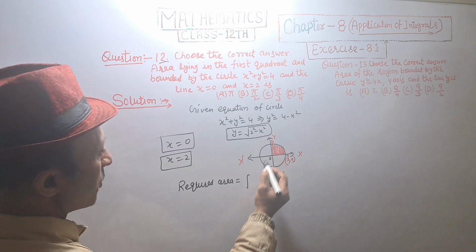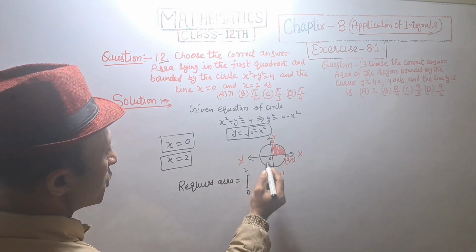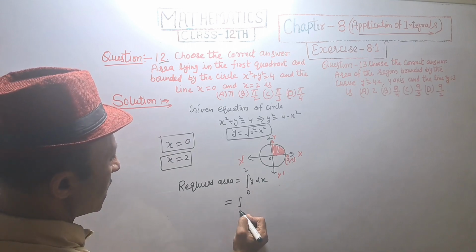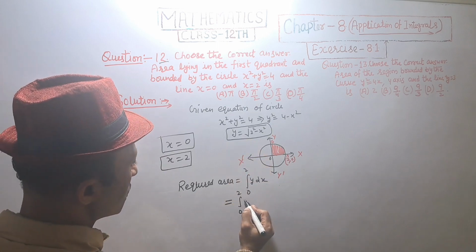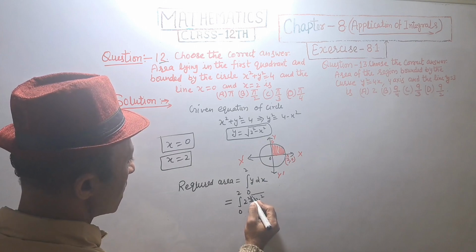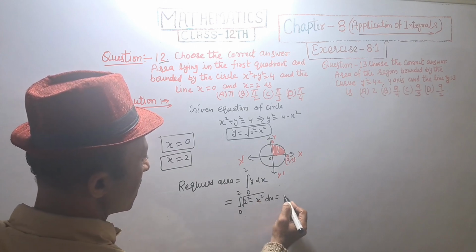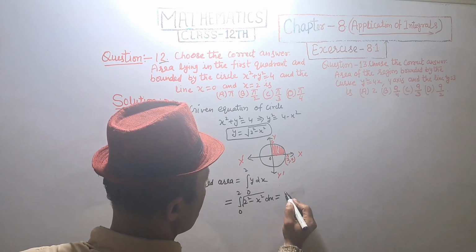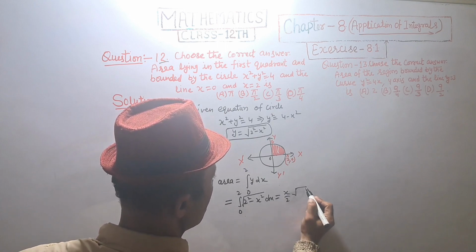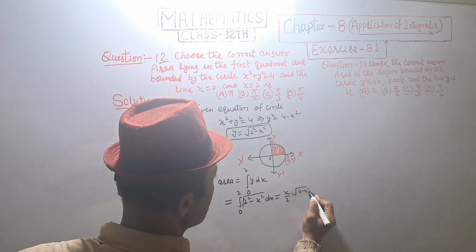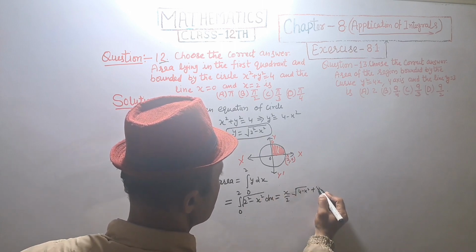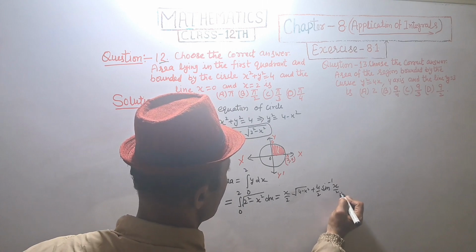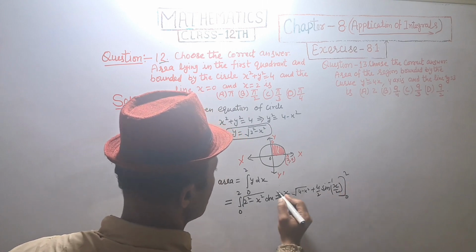is equal to integration of 0 to 2 y dx, that is equal to integration 0 to 2 under root 2 square minus x square dx, and we are using the formula a square minus x square dx is equal to x upon 2 under root a square minus x square plus a square, A square is 2 2s are 4 upon 2 and sine inverse x upon 2, and limit is 0 to 2,